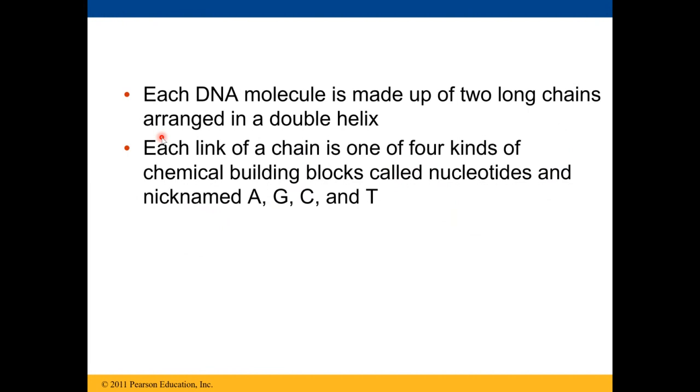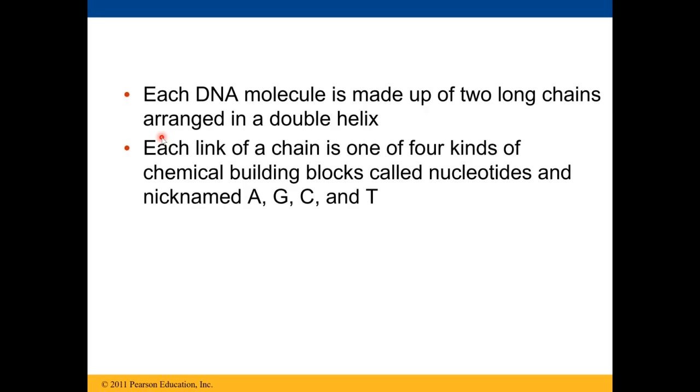Imagine half of the ladder is half of a rung and one of the rails, and the other half is the other half of the rung and the other rail. Then you twist that ladder into a double spiral shape. That's the double helix. Along the rungs of the ladder of DNA are these building blocks of DNA called nucleotides,